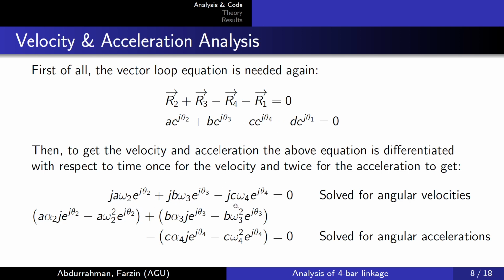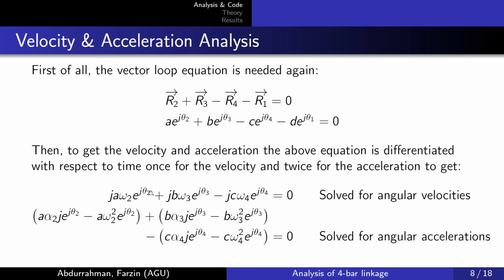Similar thing applies for all the other links, and it should be noted that for the last one, since theta 1 is equal to 0, we will have here only d. D is the length of the first linkage, which is the ground, and since it's not changing, its derivative will be equal to 0. That's why we are not seeing it here. Differentiating this again with respect to time, we will get a similar thing for the angular accelerations. Here we can see that everything is known, alpha,